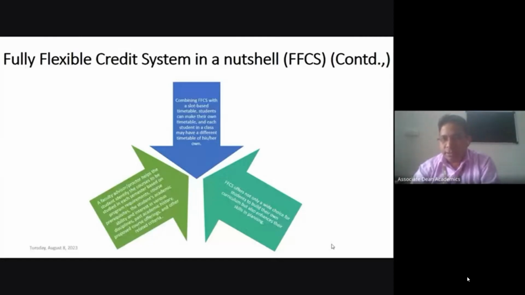So with this FFCS system, you are making your own timetable, choosing which course you want to study at which timing by which faculty, provided that faculty and that slot are available. Each student in a class may have a different timetable of his or her own.